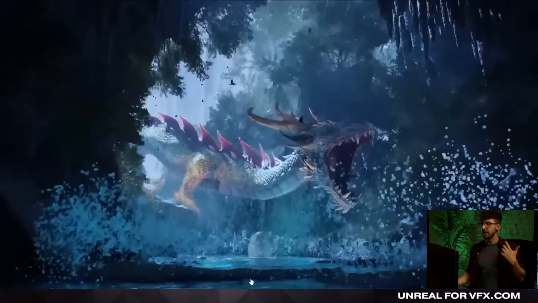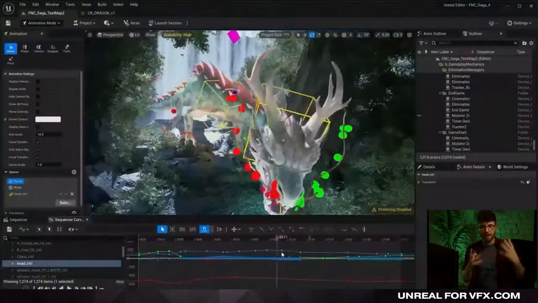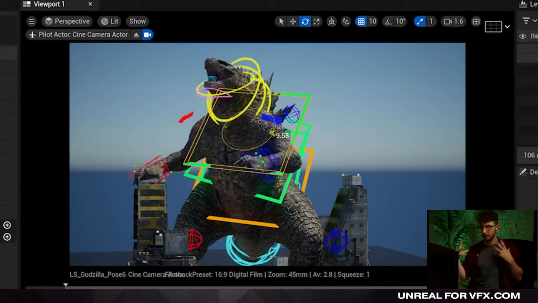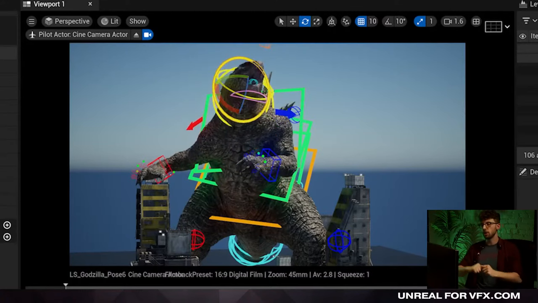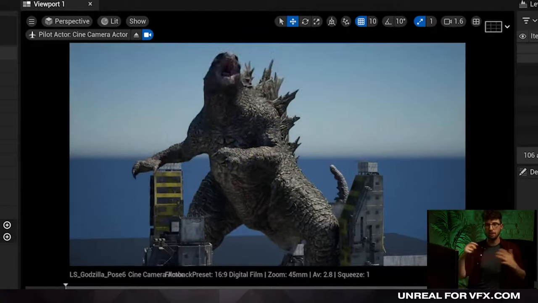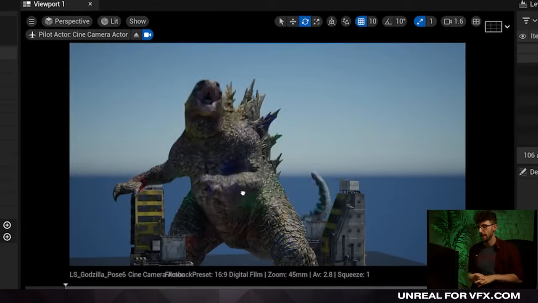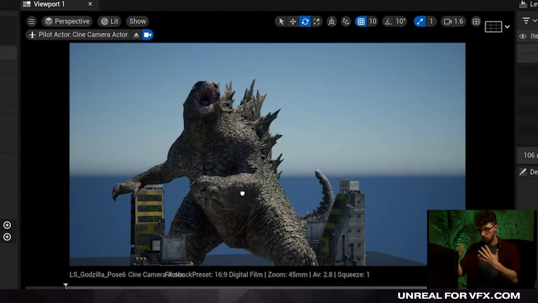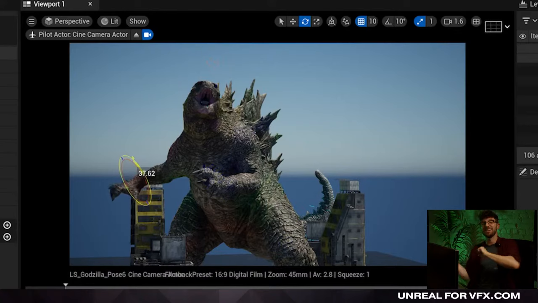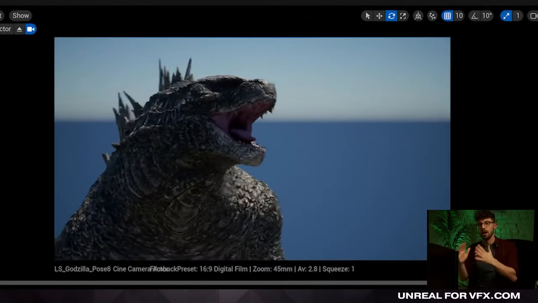But the key thing that we did here that's different, that you need to know with Unreal, is that we were able to animate Godzilla inside of Unreal Engine, which is sort of a newer thing, because we had a control rig. So control rig is the thing that unlocks the ability to pose and change around your characters inside of Unreal. And I was able to connect with a rigging artist who was able to put this together in just a day, so I could keep building out the city and all that, and then he could spend all his time rigging this asset.